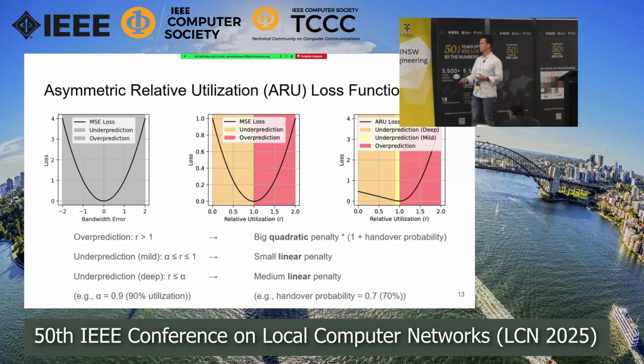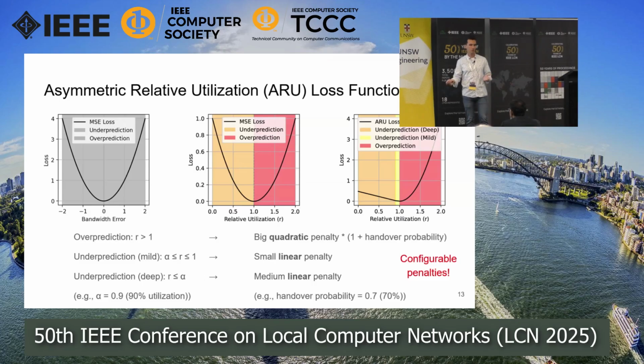But the nice thing is all of them are configurable. This is more like a hyperparameter optimization when we train our model, which I will detail later as well. One of the advantages, as I mentioned at the beginning, is that we are also using this handover probability when we are training our model. So the model knows how to understand its input better than it could without this information.